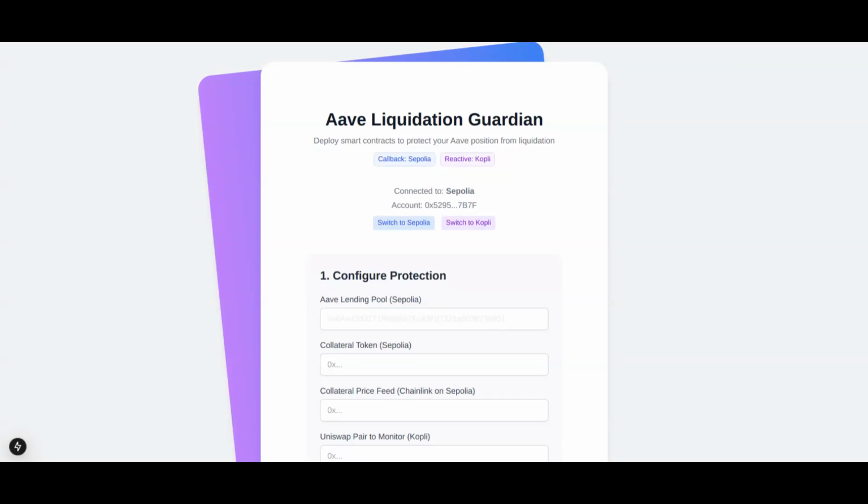So today we are going to dive into AAVE Liquidation Guardian, which is something built on top of the existing AAVE protocol. The idea here is that we are going to leverage active smart contracts to monitor the current health of the loan which a person has taken, and then we are going to manage the health factor by providing extra